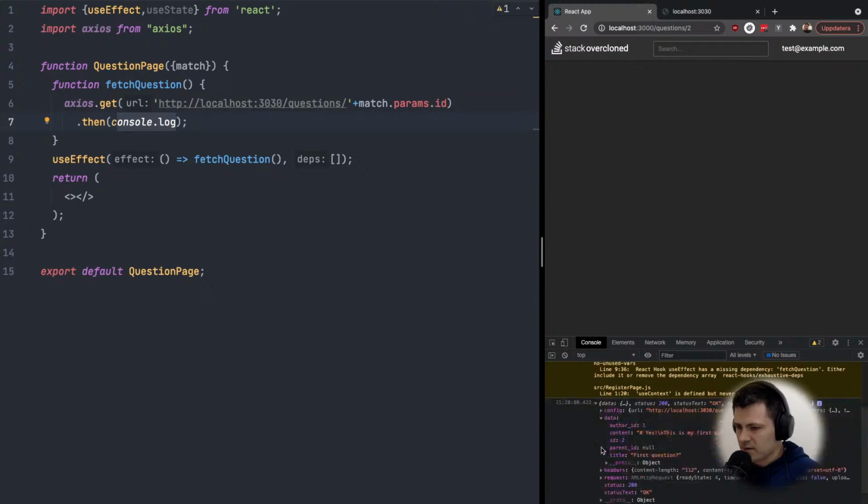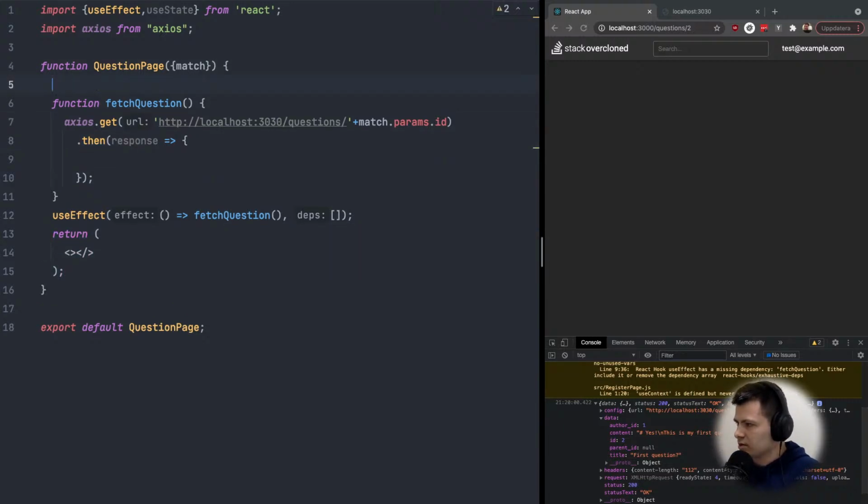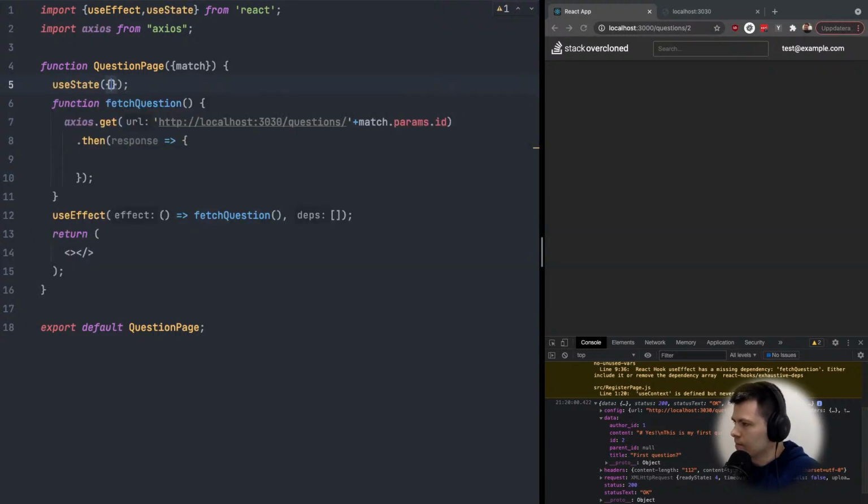So we have data in the response, and it has all the information we need. So with the response, let's set the question information to the state. So we will use state. The default value will be just an empty object,